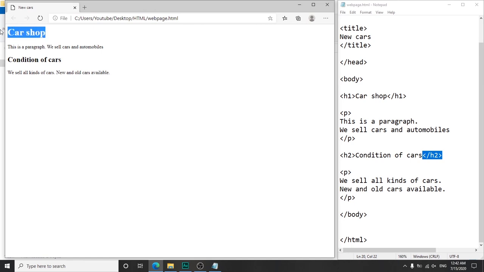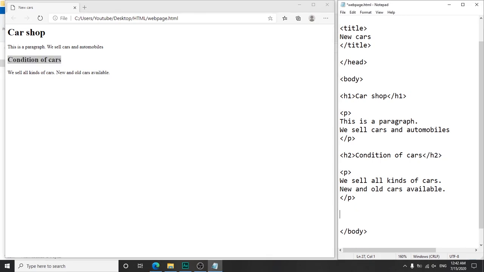as you can see that H1 is the largest heading right over here, and H2 is a little smaller than that, right? So now, if you've noticed, every website has a footer, right? The very end section of that, it says something like copyright, the company name, and 2020 or something like that. So we can use H5 for that. So let's say at the bottom we say, or actually H6. H6 is the smallest, right? So H6, the smallest heading, and let's say